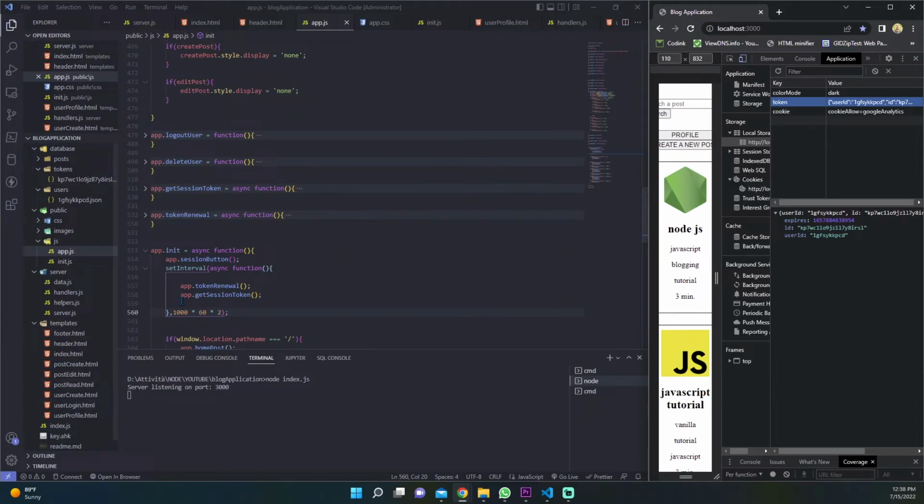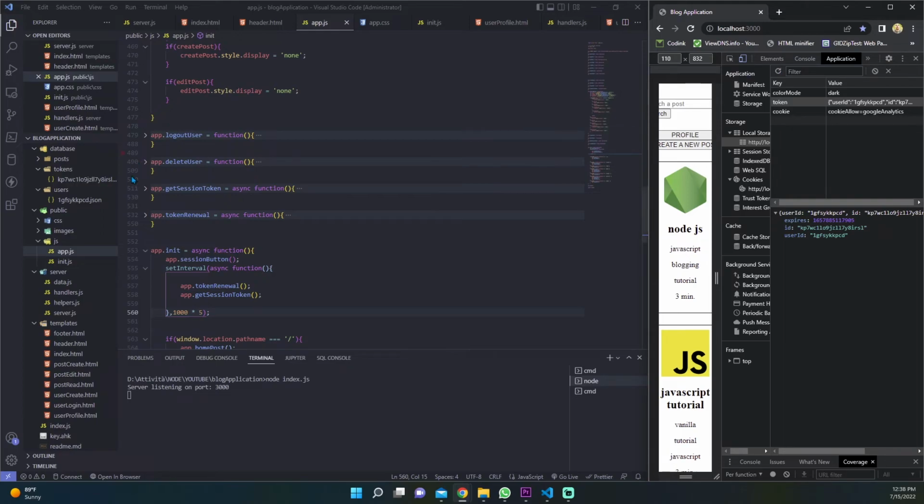And we have set up this function to renew our token every 2 minutes, but only for your understanding, I keep this value to 5 seconds, okay? So if we refresh the page, and as you can see, every 5 seconds, okay, our server refresh our expires